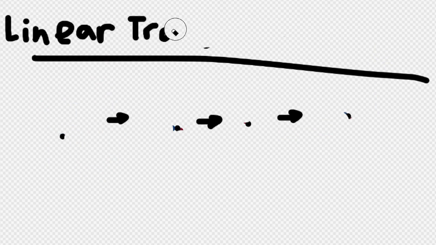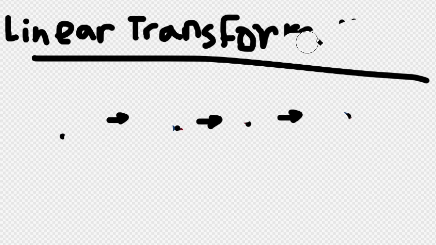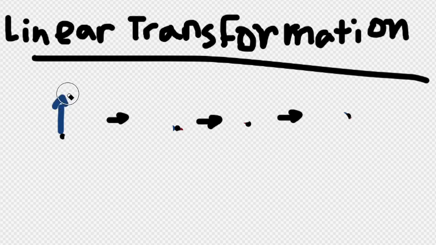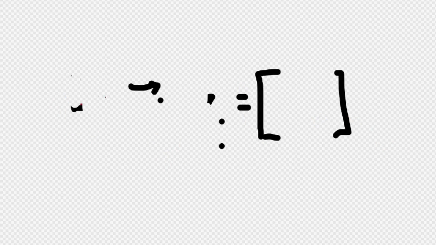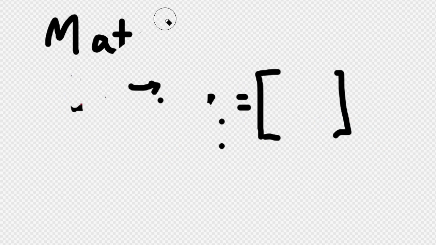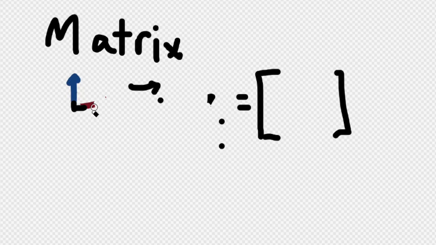So you can add them to each other and multiply their length and get any other vector. A linear transformation is a transformation in which the origin remains fixed and lines remain parallel and evenly spaced. You can see this by the basis vectors rotating and being stretched and squished. Now, matrices are the way we notate linear transformations. So you can see the basis vectors are being transformed, and we write where the basis vectors are transformed to in an array of numbers